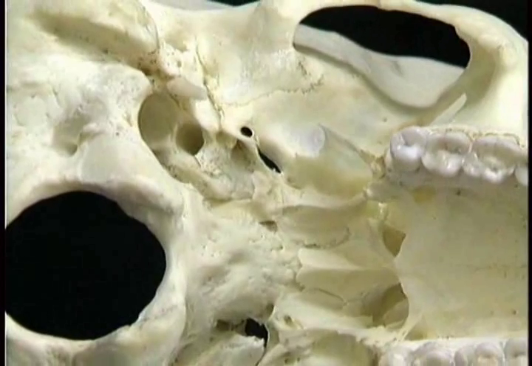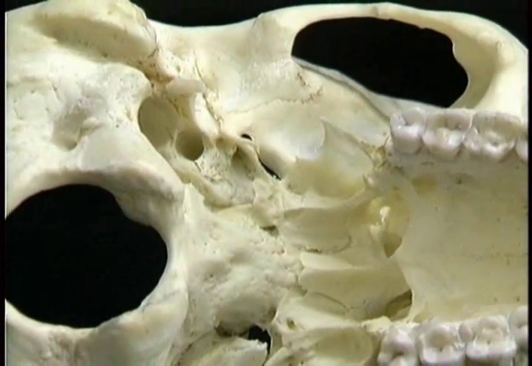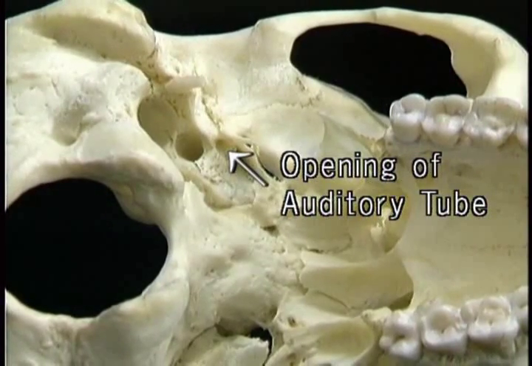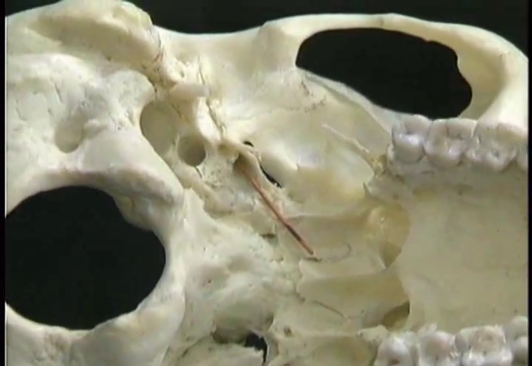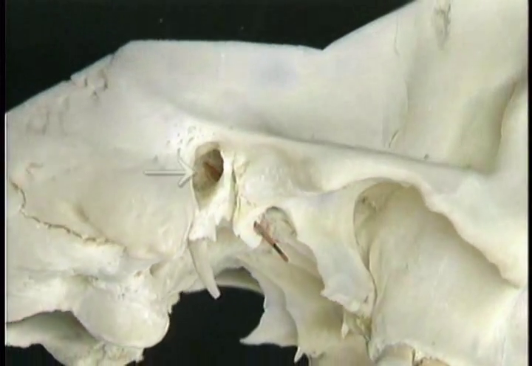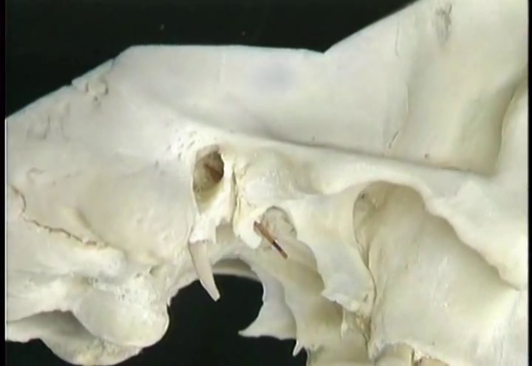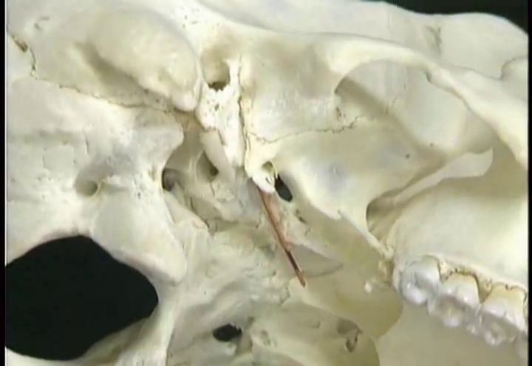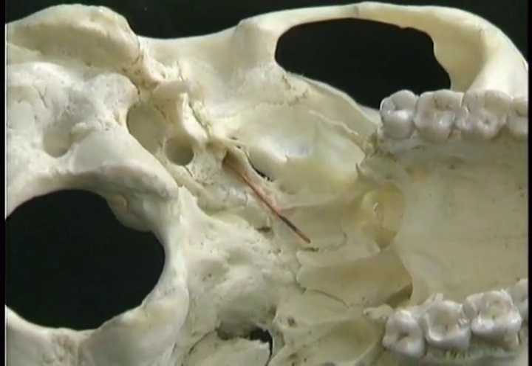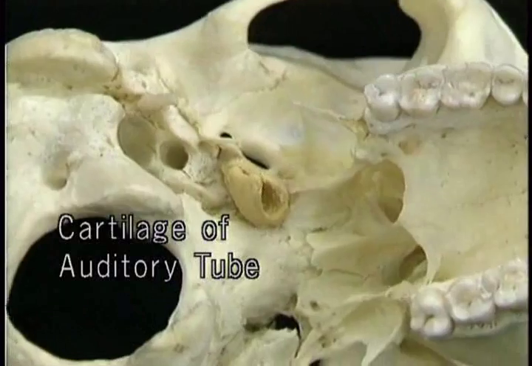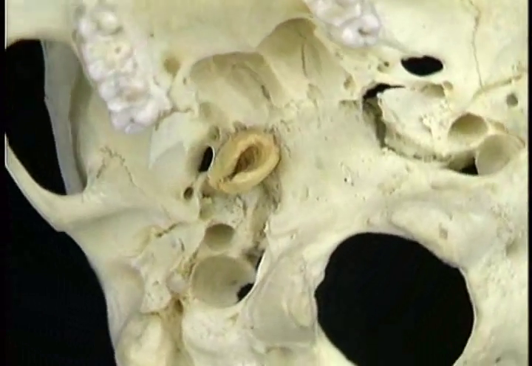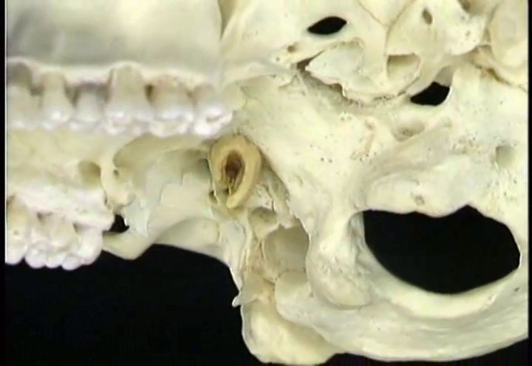In front of the opening for the carotid canal, there's one further opening that we haven't seen yet, the opening for the auditory tube, also called the eustachian tube. The auditory tube passes backwards and laterally to emerge here in the middle ear. The auditory tube is longer than this. Medially, it's prolonged by a tube of cartilage, represented by this colored material. The auditory tube opens into the nasopharynx,